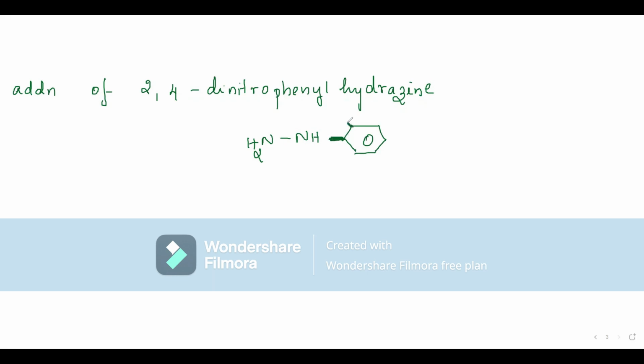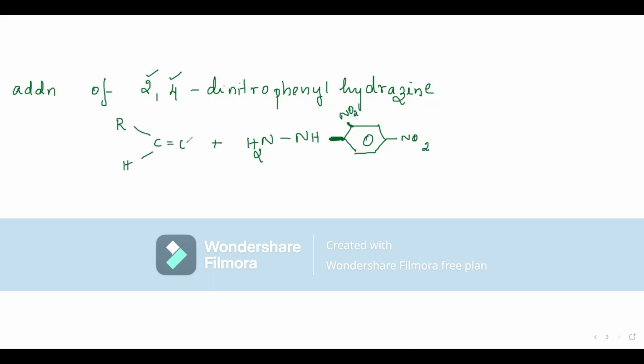So this becomes position 2. This is 3. This is 4. I need to mark position 2 and position 4. On these two positions, we have nitro groups. So this is 2,4-dinitrophenylhydrazine. Now, this is to be treated with an aldehyde,